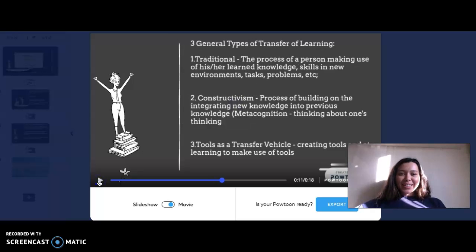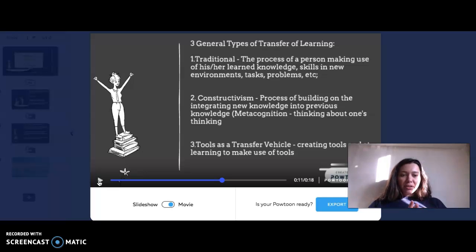There are three general types of transfer of learning. So first we're going to talk about the traditional. So the process of a person making use of his or her learned knowledge, skills in new environments, tasks, problems, etc. The second one is constructivism, the process of building on and integrating new knowledge into previous knowledge, and